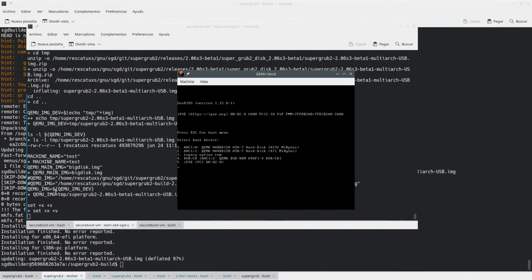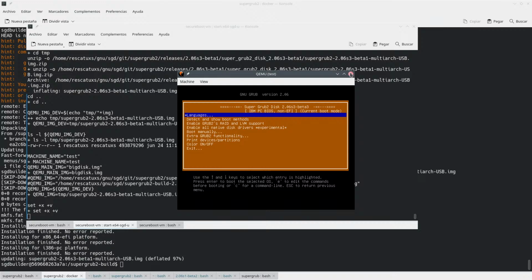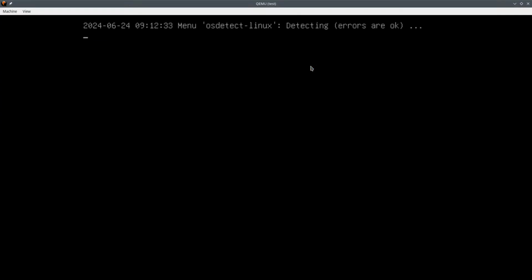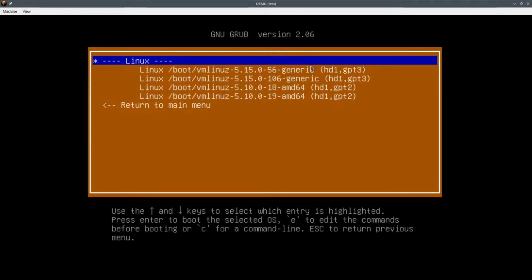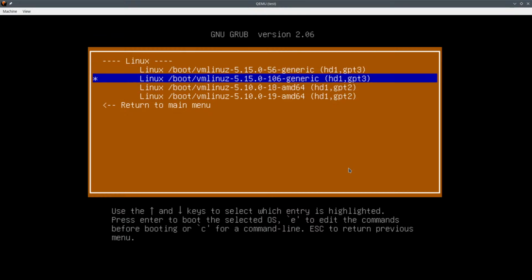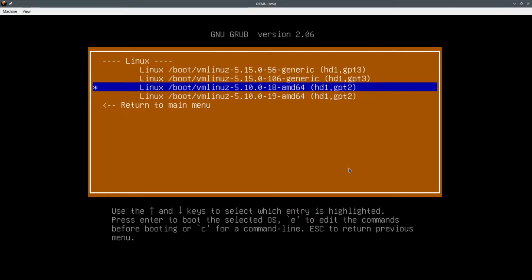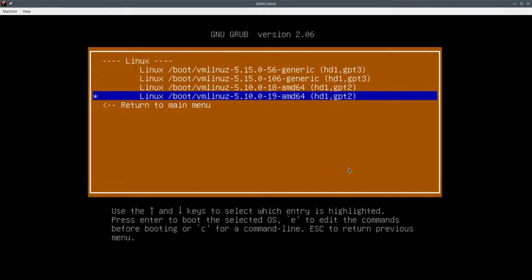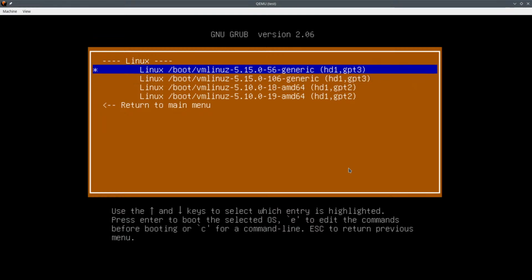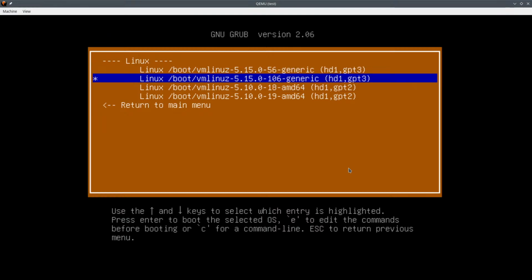Press ESC, number 2. Let's make this bigger. So boot manually Linux. What do we have here now? Oh, look at that. Now we only have 4 of those. So these are 2 different kernel versions, and these are 2 different kernel versions. Maybe this is Debian and this here is Ubuntu. I have no idea. You know what I mean? So now we go into this one,